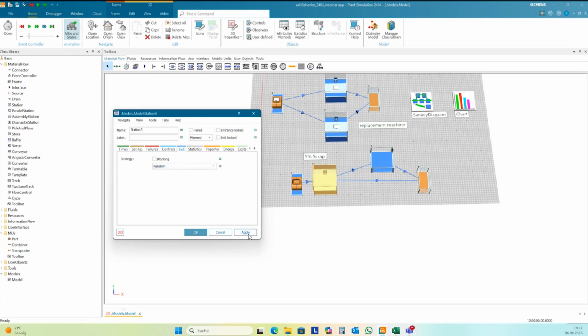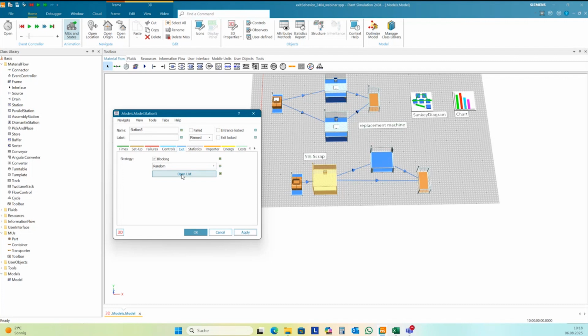And here it's very important to use blocking, because if it's scrap, it should go to the scrap branch. Also, if there is a failure here, then it needs to wait. And so if you want to ensure the order of these predecessors, the assignment should also be, if you have a failure here, then you need to activate blocking.